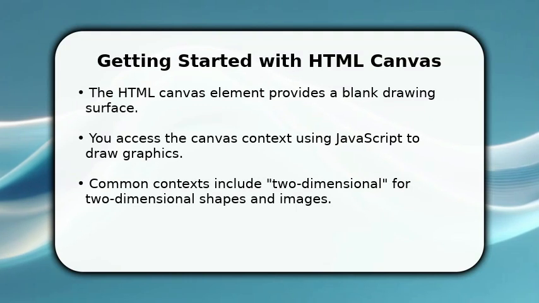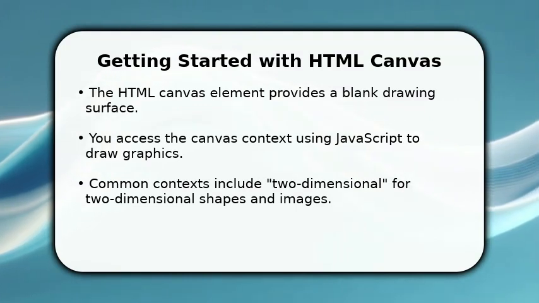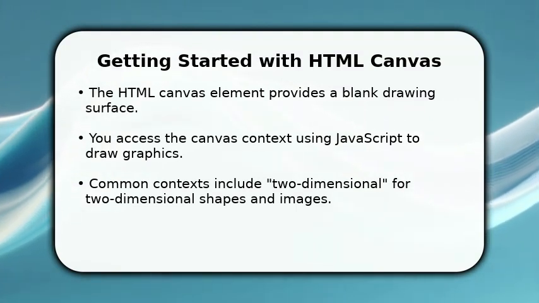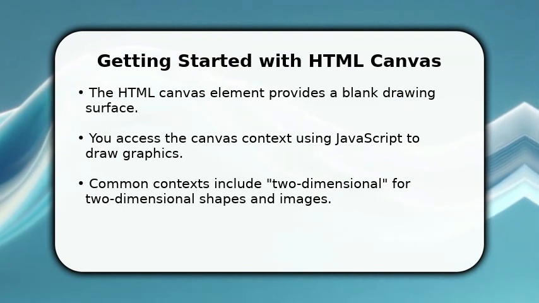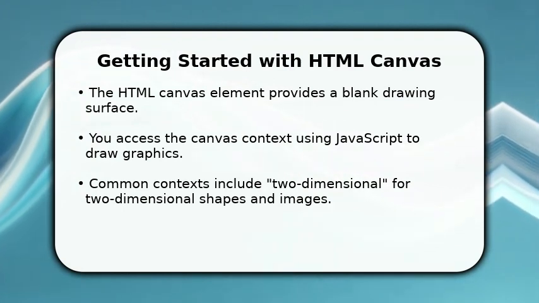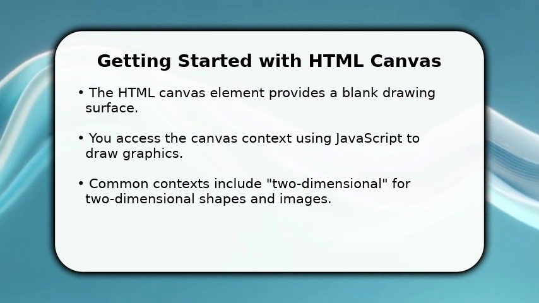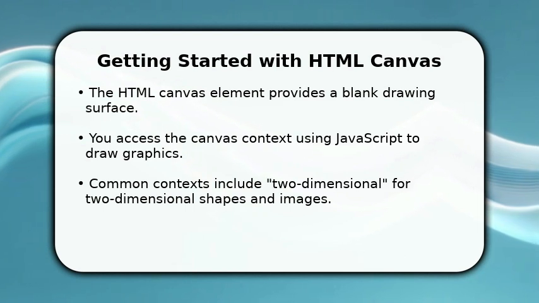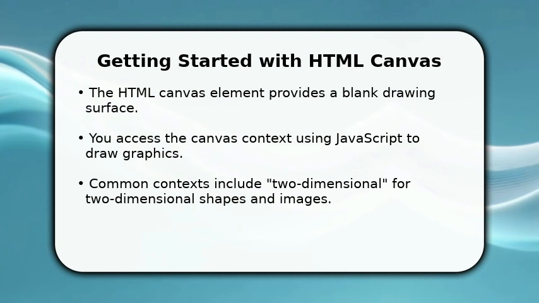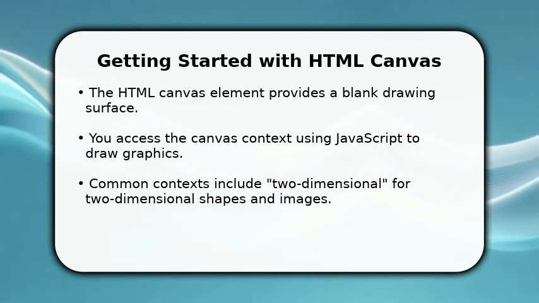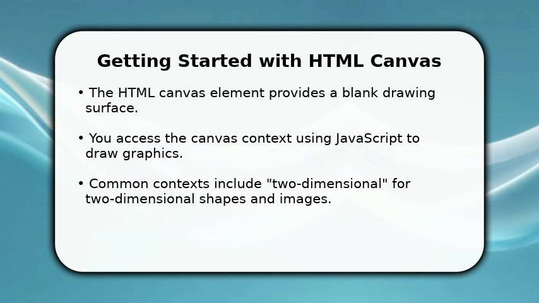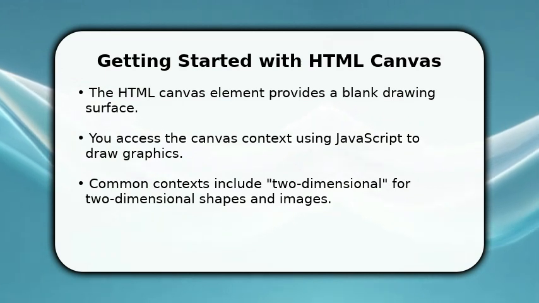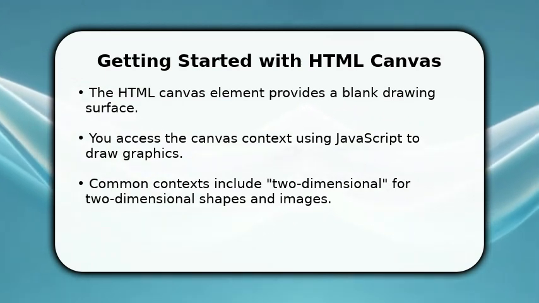In this video, I will explain how to use Canvas in JavaScript. First, you need to add a Canvas element to your HTML document, giving it an ID for easy access. Then, in your JavaScript, retrieve a reference to this element. Crucially, obtain its rendering context, typically the two-dimensional context, which provides all the drawing methods. This setup is your foundation for creating dynamic graphics and interactive visuals on the web, opening up a world of